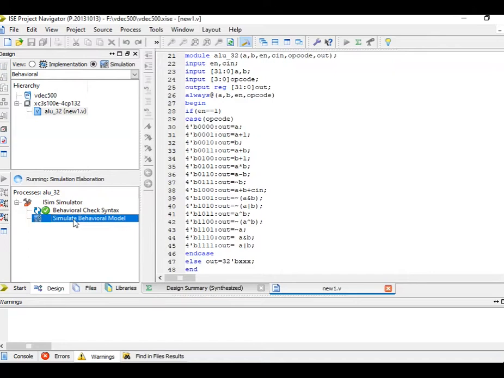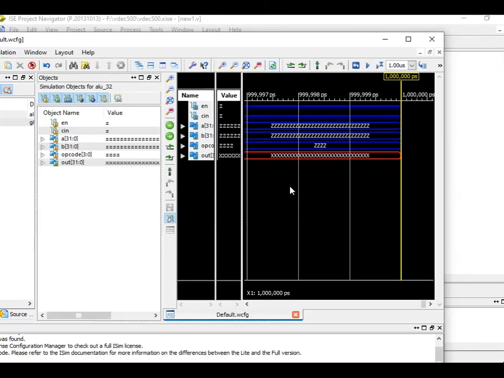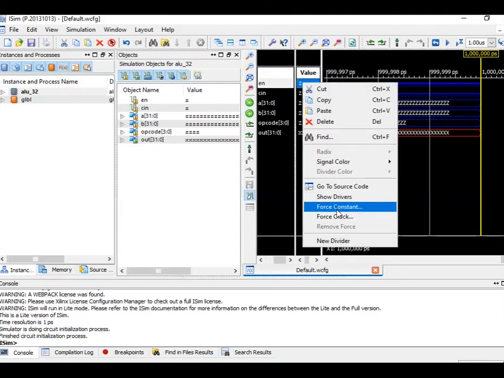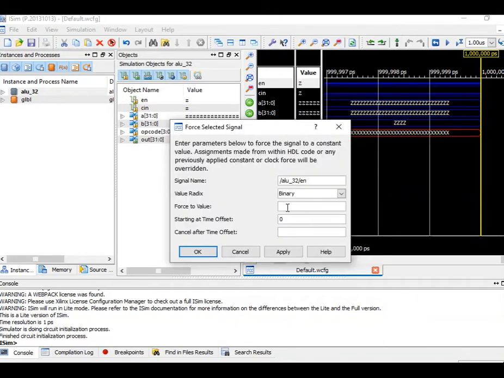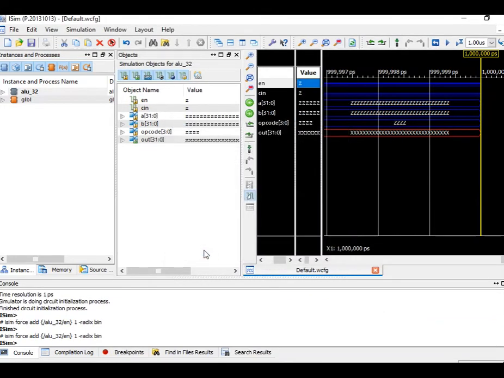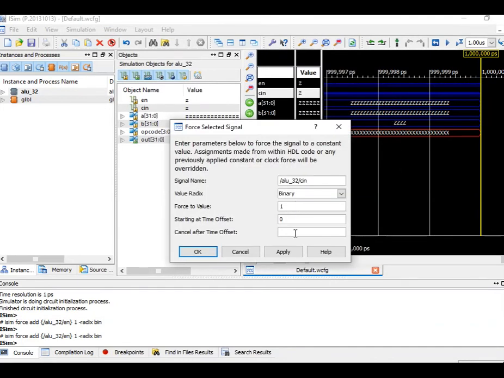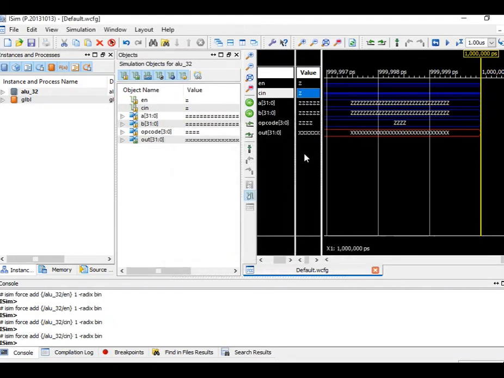So now let us go to the simulation of this particular program and check out how this program is going to work for us. Yes, so we have got the simulation, and you can see the initial observations like enable, scene, A, B, opcode, and outputs. Fine. Now I'll just make this window a little bigger so that it is easily visible to all of you. Now what I'm going to do here, first of all, is make this enable as 1 because without that the program won't work correctly. So force constant, and I'll make that value as binary 1 and apply it. And what shall I take for scene? Shall I take scene also as 1 because it is required only for one case. So it is also 1.